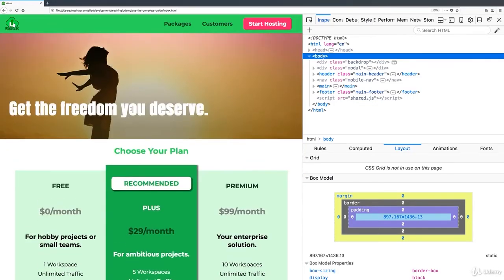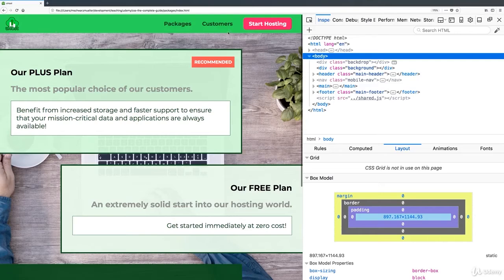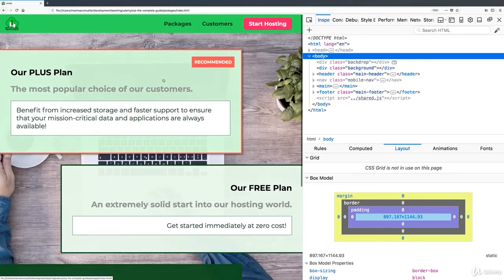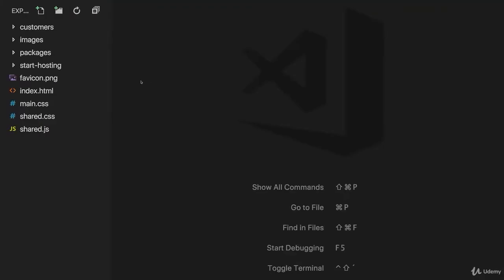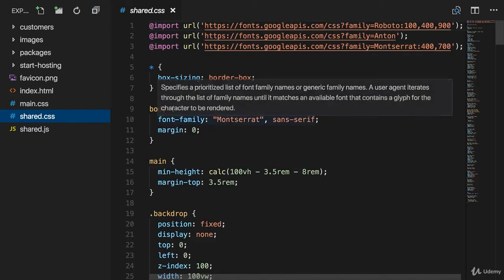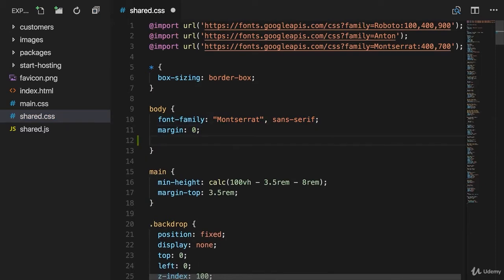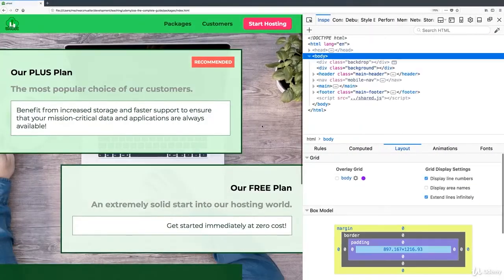Because if you have a look at our web page here, we got one basic layout which is the same on every page. We got our header, which is fixed of course, our main area, and the footer. And that is something we could definitely implement with the help of the CSS grid. So let's do that. And let's do it in the shared CSS file, because it is the case on every page. And there, I want to turn my body into a CSS grid, just as we did it previously in this module. I'll set display to grid here,